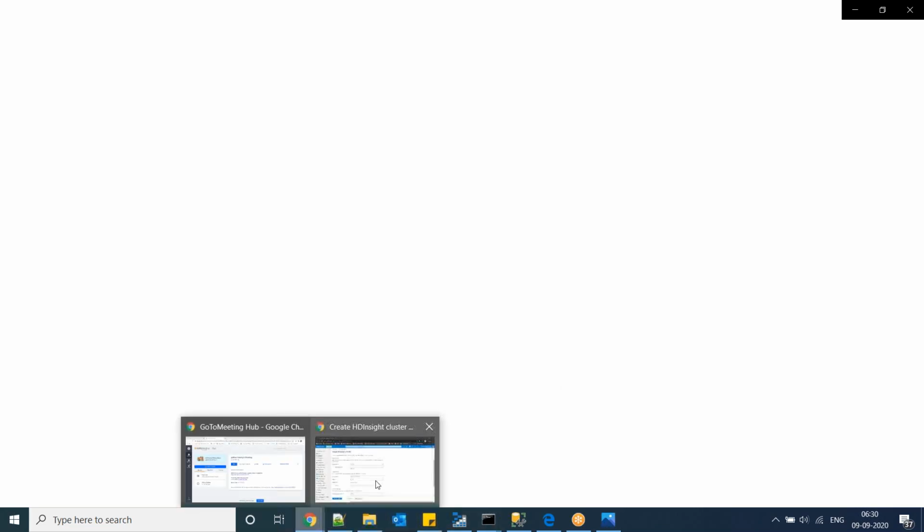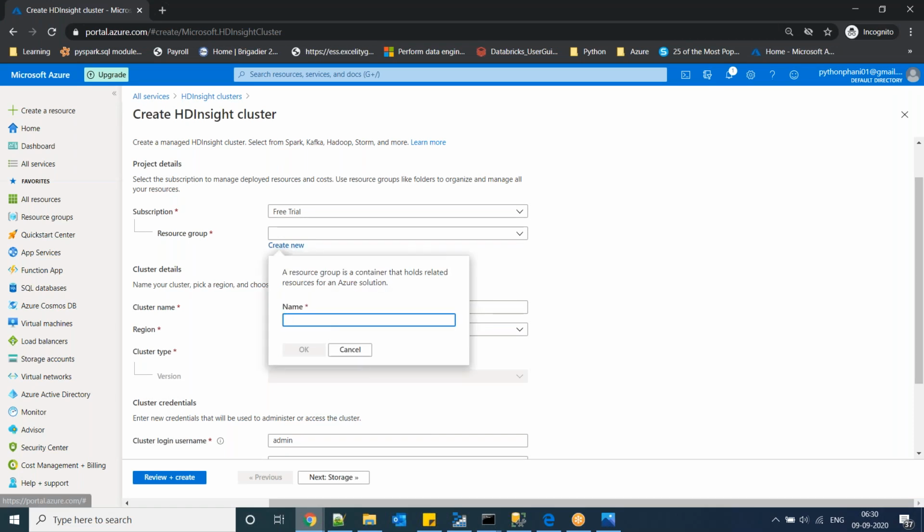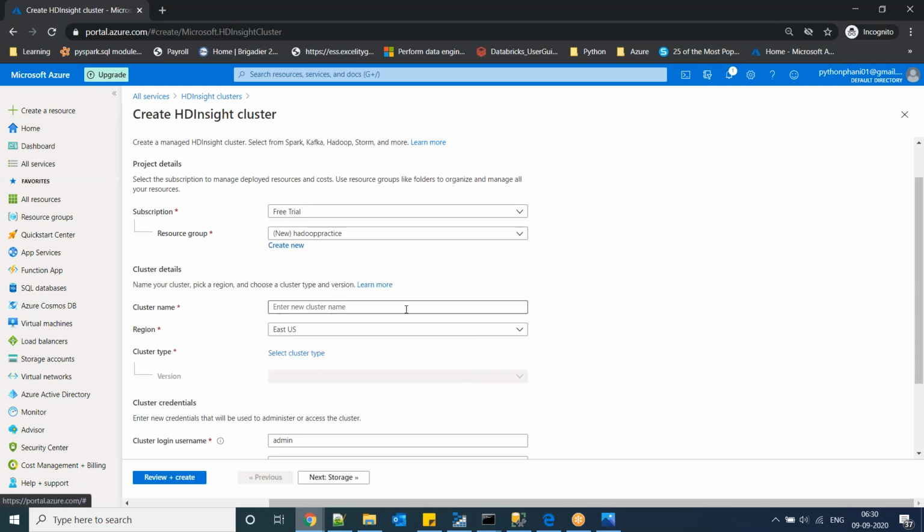So in the Azure environment, I will tell you that. Create new. Use any resource group name, like Hadoop practice. Select this one.